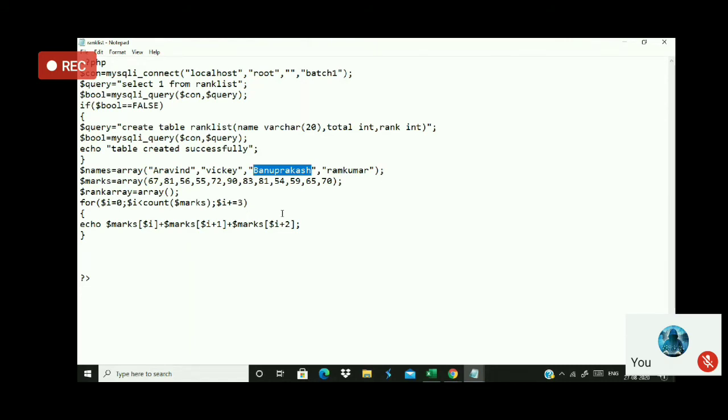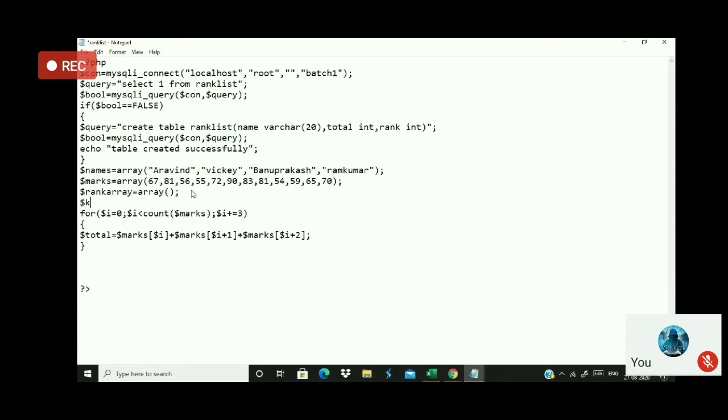Okay. So what should I do? Now you know that these are the marks I am getting here. I just use the marks called total. Total equal to 0. Now listen here. Now I use a variable called k equal to 0. So k is called the name index here. Now if I use, for example, rank array, inside this rank array, what is the name of the student array here?